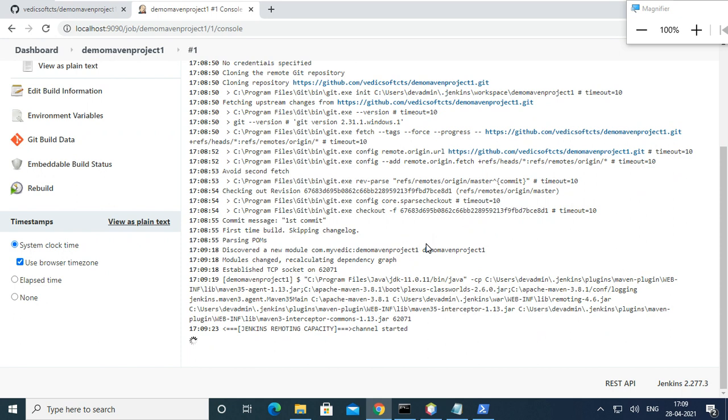It is Jenkins 2.2277.3 we are using. The questions here: what is Git and what is the use of Git? What is Jenkins? How do you create a project in Jenkins? Okay, so those two questions are important. That's it. So every practical you need to explain it. But if they ask, really, are you done or not?